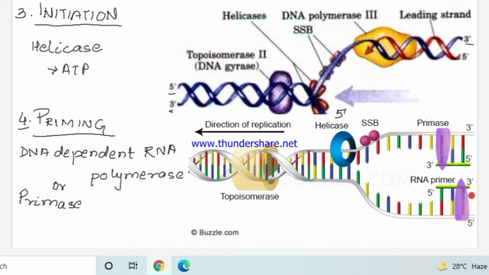This is required because DNA polymerase cannot initiate the process of nucleotide binding. So after the priming is done, next comes the step called